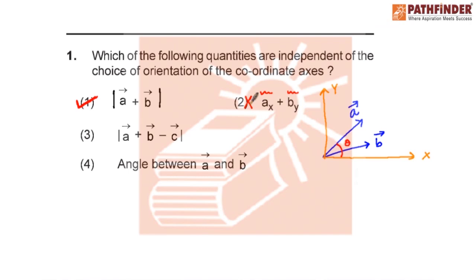If we look at the other part, then this is also correct, and the angle between two vectors is measured from tail to tail. So even if I rotate these two axes in any direction, suppose I make this axis like this, then also the angle between the two vectors is not going to change. So the fourth option is also correct. So for this particular question, we say that options 1, 3 and 4 are correct alternatives. Let us move to the next question.